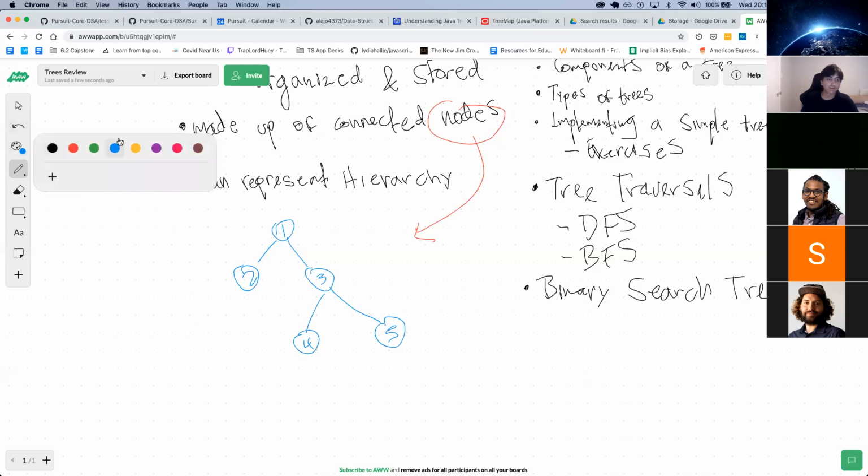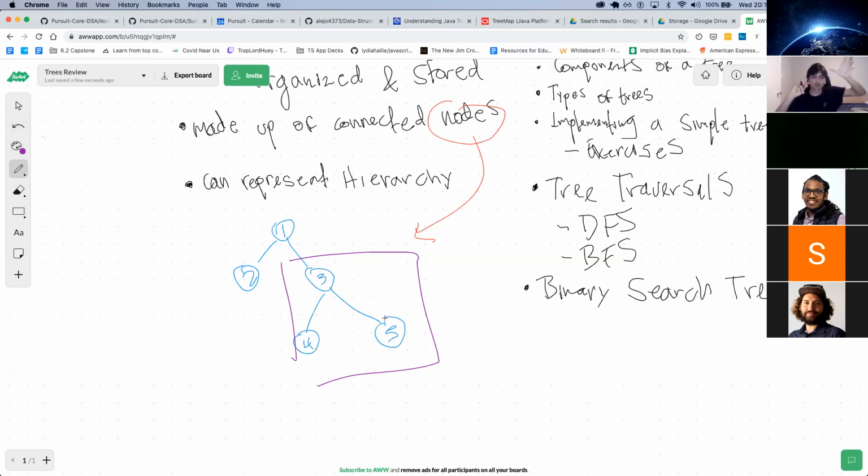Now we can consider this a subtree, because if we were only looking at this, we could say that that node with 3 is our root node, and we have 2 children. And trees are a recursive data structure, and what we mean by that is that a tree can be made of other tiny trees, basically like this tree. This tree that I'm gonna circle in yellow has a subtree, the purple. It's a subtree.